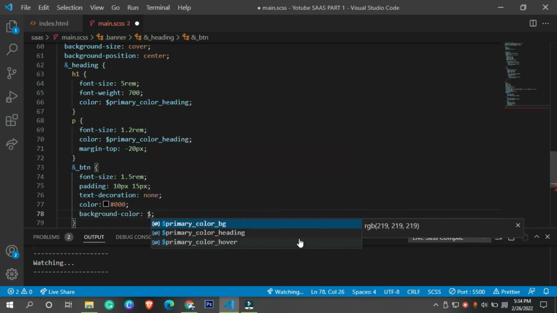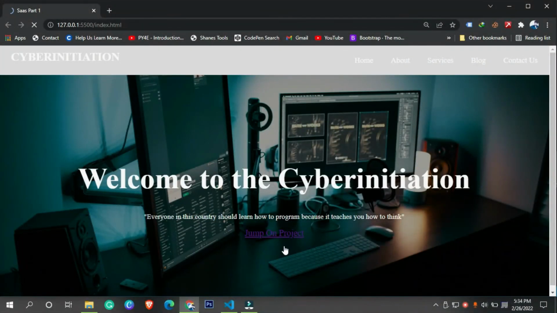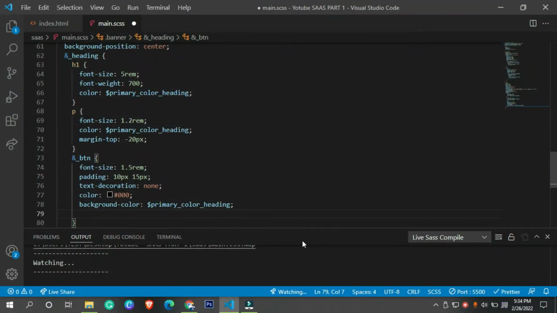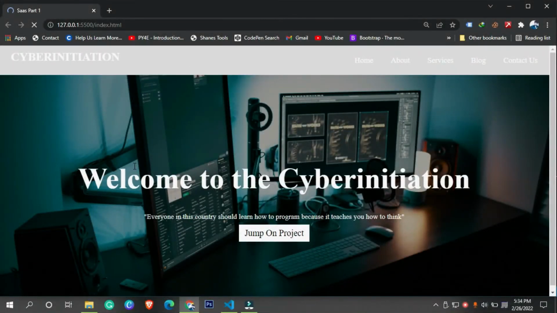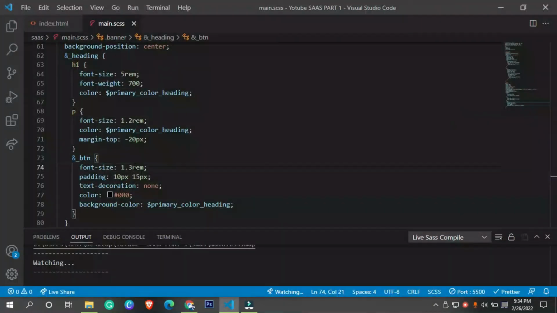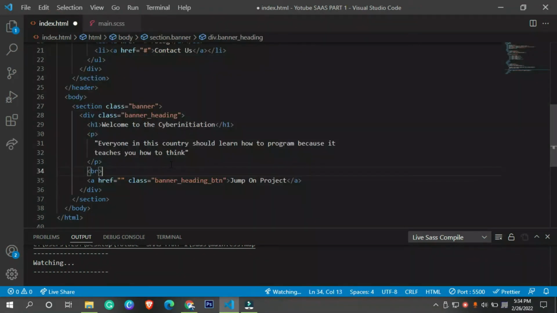I'm going to use a simple black color code right here, and after that we have this white background. So now we have it this way. I highly recommend you add this variable at the top, because in the next tutorial I'm going to use it. You can do it along with me, or you can just follow me and at the end of this tutorial go and add this particular thing.